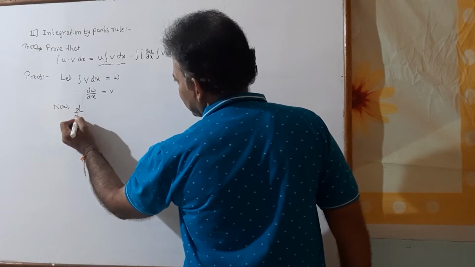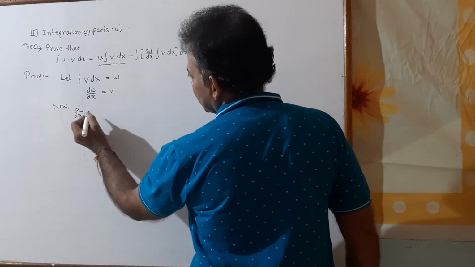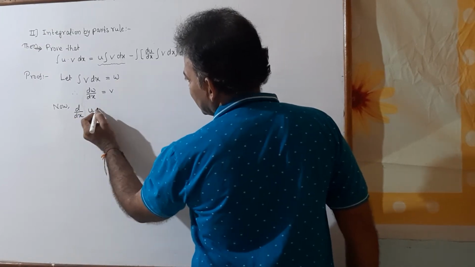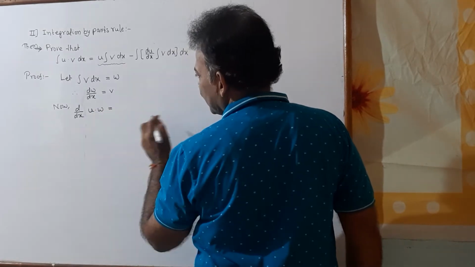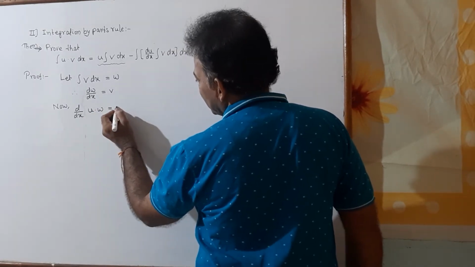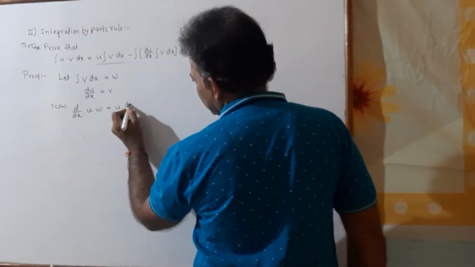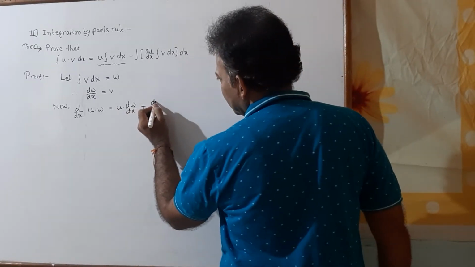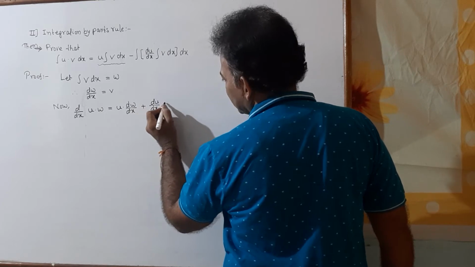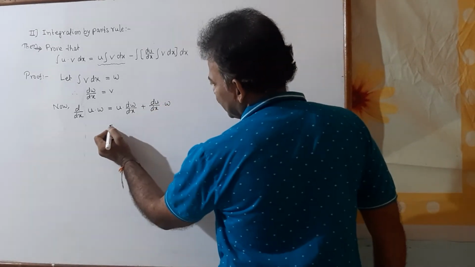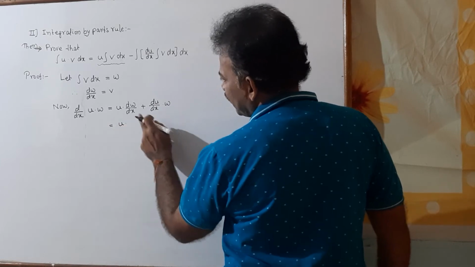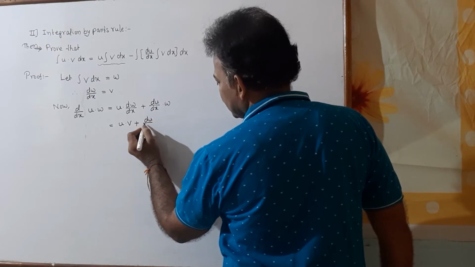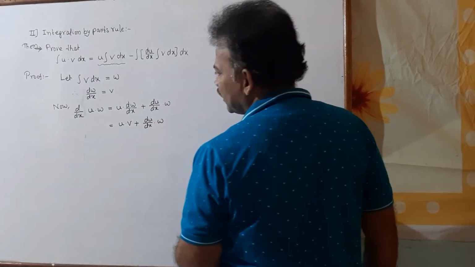In the second step, we find the derivative with respect to x. Note that we have to find the derivative of this first term. What is the first term? The first term is u, and note that integral v dx we have taken as w. So we find here the derivative of this first term. We know the product rule in derivatives. Apply the formula. First function same, take the derivative of the second function, dw by dx, plus take the derivative of the first function, that is du by dx, and the second function as it is. So it is equal to, from our step, substitute the value for dw by dx, the value is v, plus du by dx into w. This is the second step.